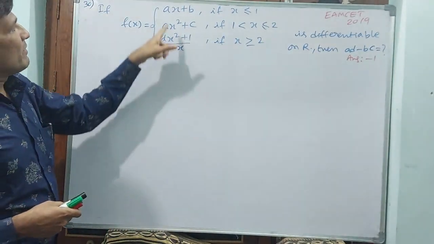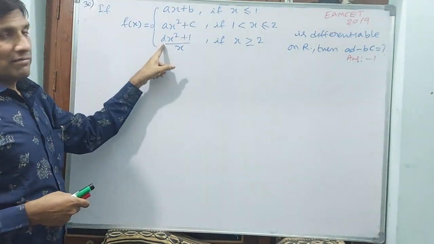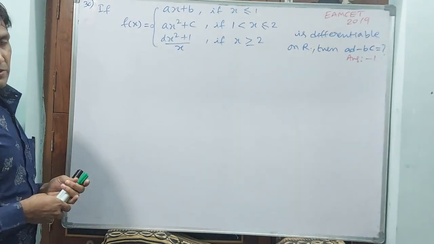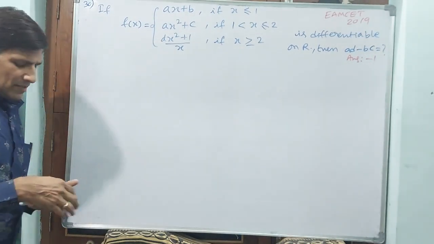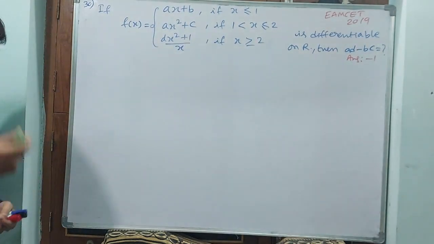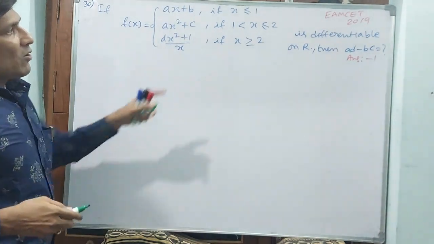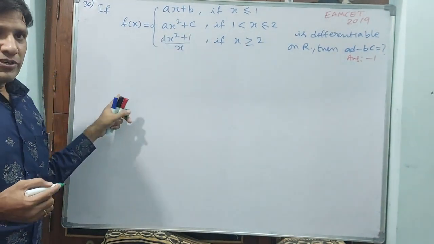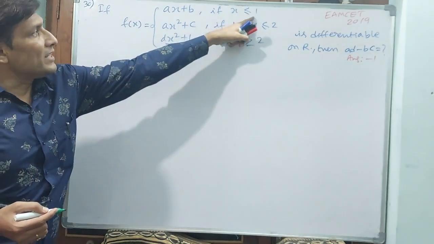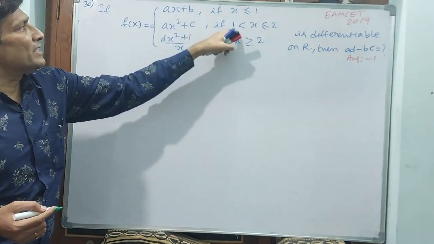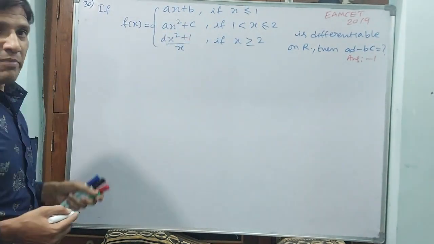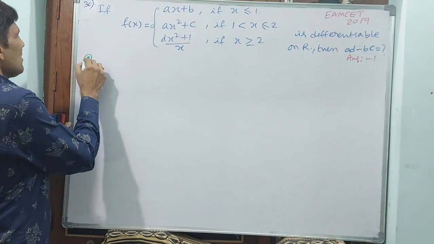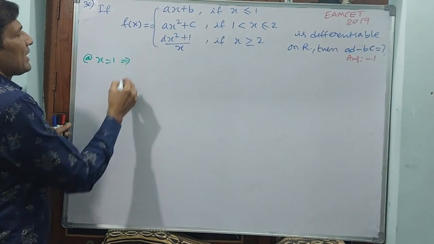How are you going to find AD minus BC? A, B, C, D are coefficients. Those coefficients we have to find. Let us find it. They clearly mentioned differentiable, which means these are continuous. Continuous means at x is equal to 1, this formula and that formula have to match. Then we will see. At x is equal to 1,